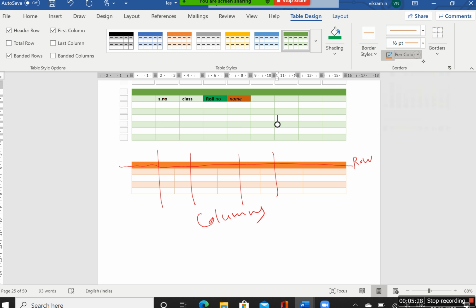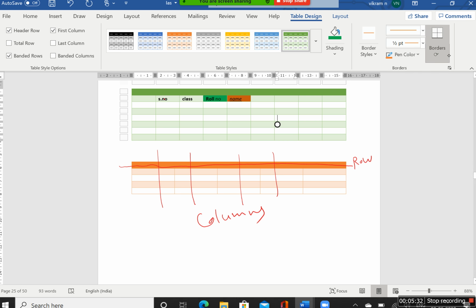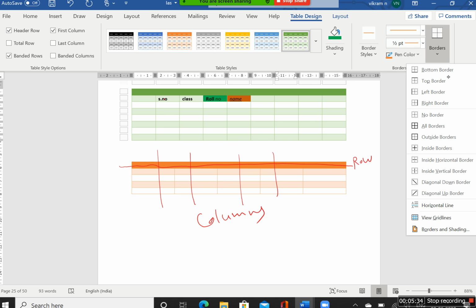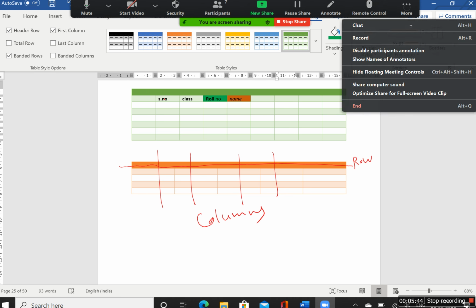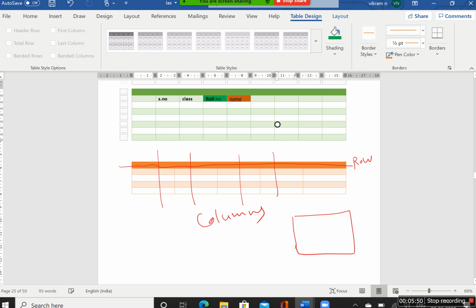And see, borders, this is very important. Where you want border, top border, left border, right border, these all are the borders, depending upon your requirement. This is called borders.